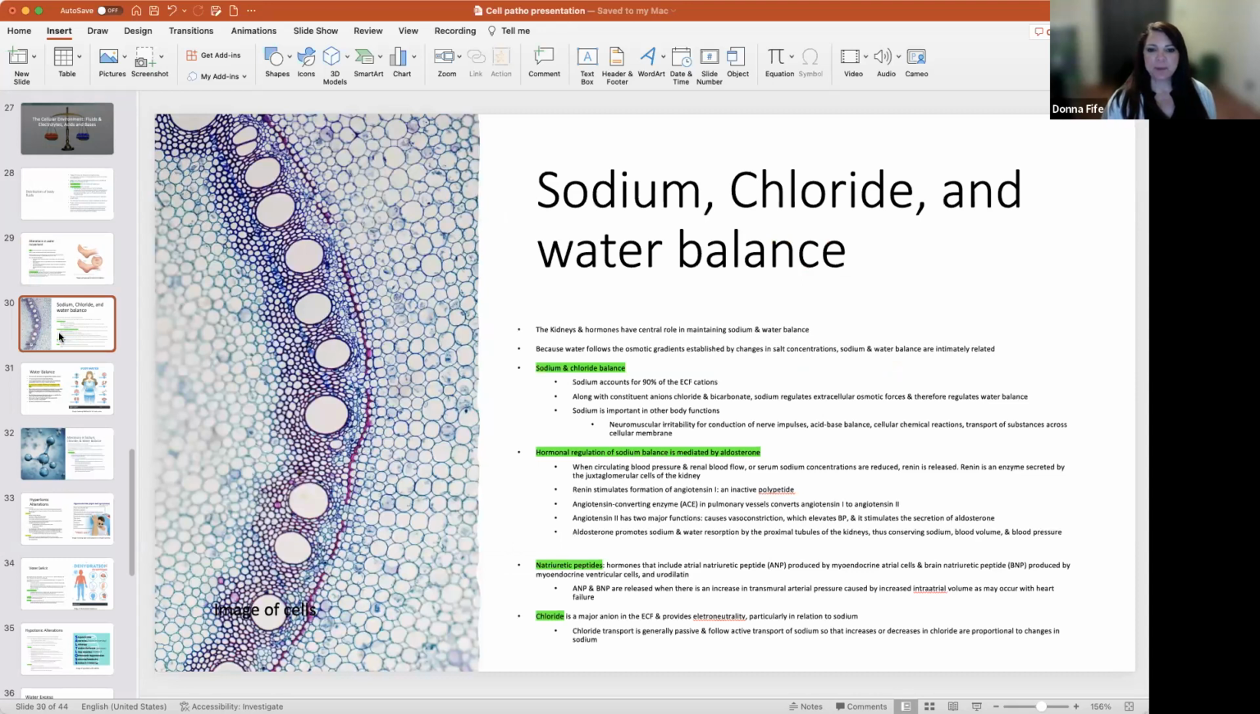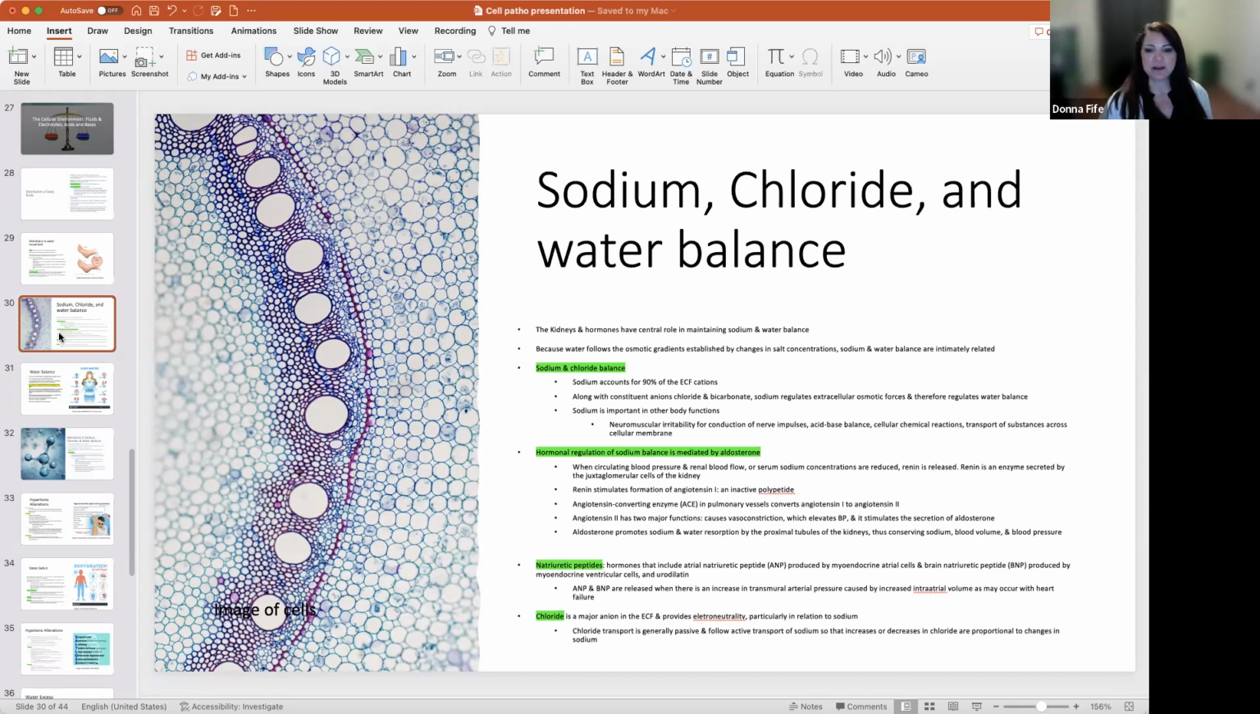Sodium, chloride, and water balance. The kidneys and hormones have a central role in maintaining sodium and water balance. Because water follows the osmotic gradients established by changes in salt concentrations, sodium and water balance are intimately related. Sodium and chloride balance. Sodium accounts for about 90% of